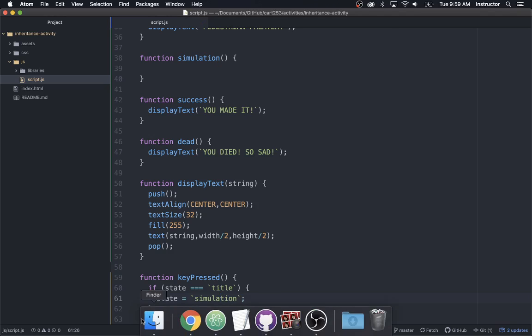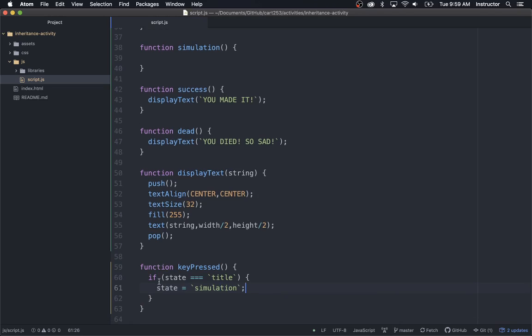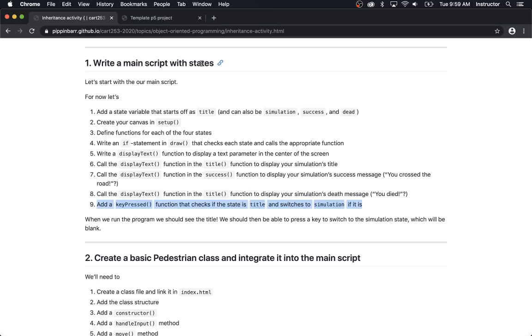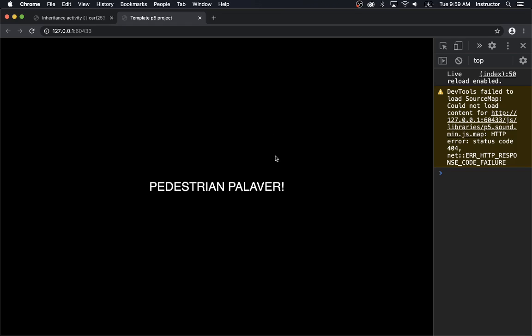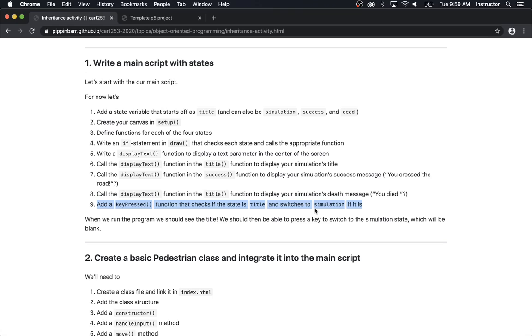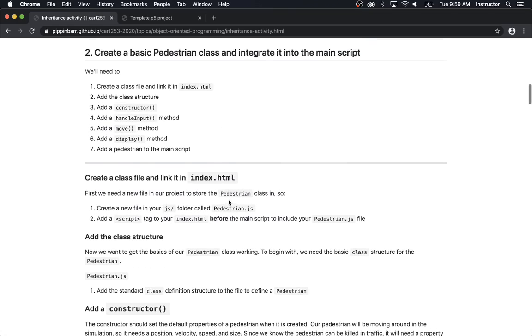Again, this is something I can test right away. If you make a change to your code and you can see or experience the difference of it right away, you should always just go and check, did it work? So let's go and check. So there's the title state, and if I press a key, the title goes away. We're in the simulation state, right? But because there's nothing in the simulation state, we just see the black background. But we can tell it worked because the title disappeared. So that was worth checking. Okay, that completes step one. We've got our basic framework for switching between states, and we've got our four states defined, and we've got text to display. So let's start doing something